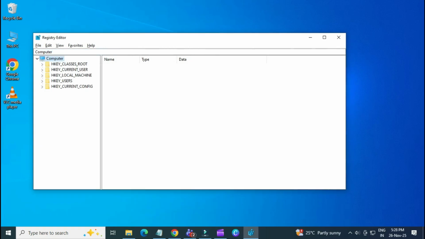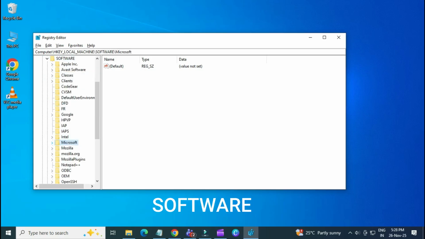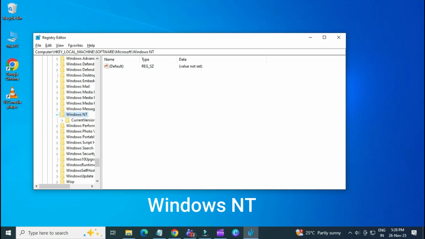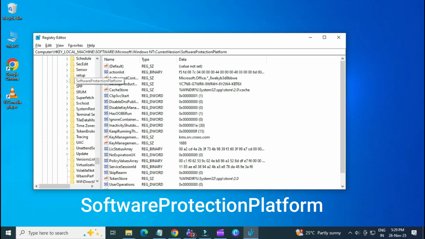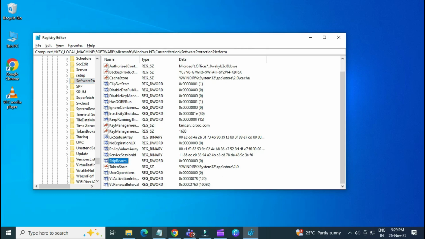Navigate to the key location. Now follow this path step by step. HKEY_LOCAL_MACHINE, Software, Microsoft, Windows, and CurrentVersion, Software Protection Platform. Once you're inside Software Protection Platform, look on the right side for a value named